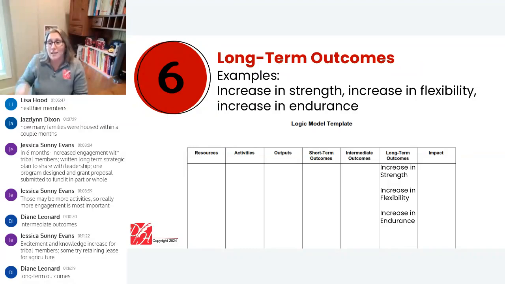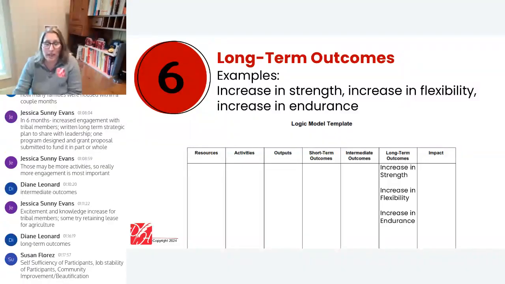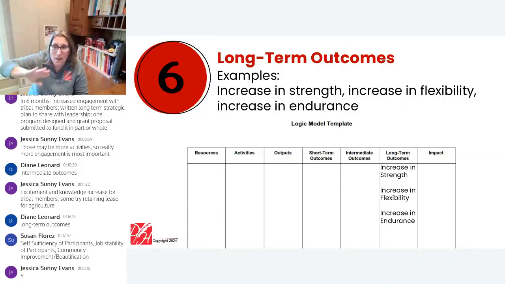I have a different question for you. You are welcome to type in your long-term outcomes if you would like in the chat box, but I'm also curious how many of you have long-term outcomes in mind that are more than 12 months from where you would start your program or your project. If they're more than 12 months, you could let me know like a Y for yes and then N for no. How many of you have those long-term outcomes that are farther down this timeline?